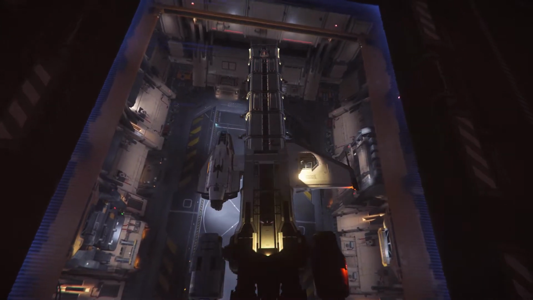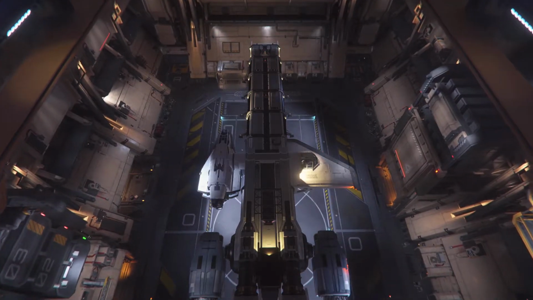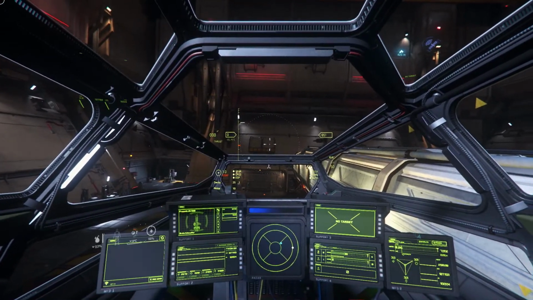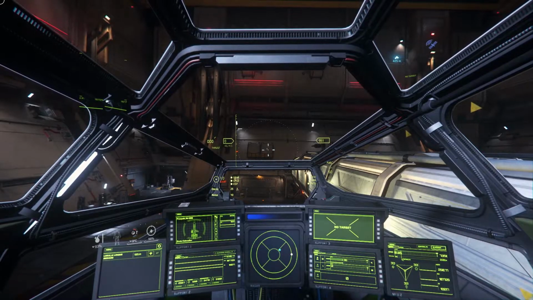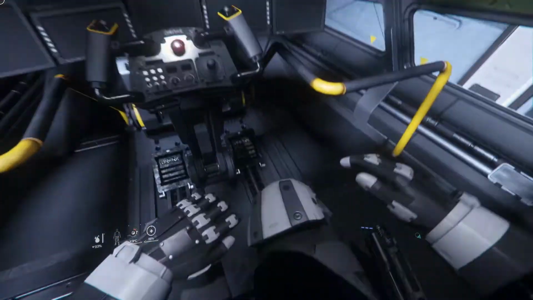There we go. Oh, I bumped the back. It's okay. And it bumps the front. What do they expect from me? Alright. We're here. Good enough. We didn't blow up. Mission complete. Sure it's actually gonna refuel me. There we go. Alright. Well, let's see what